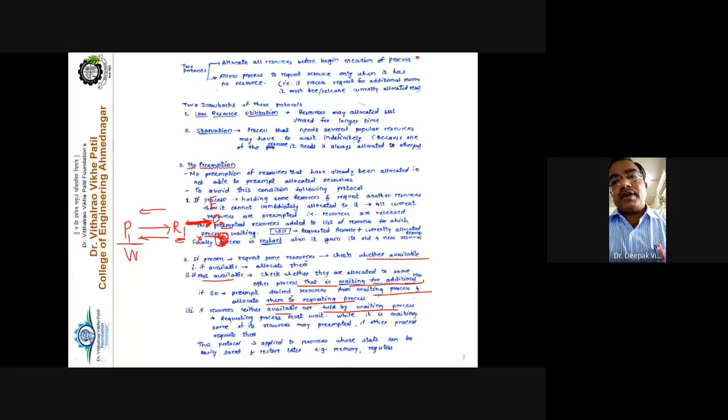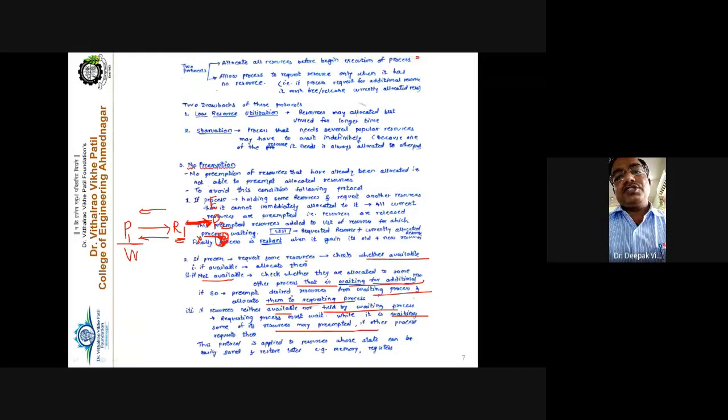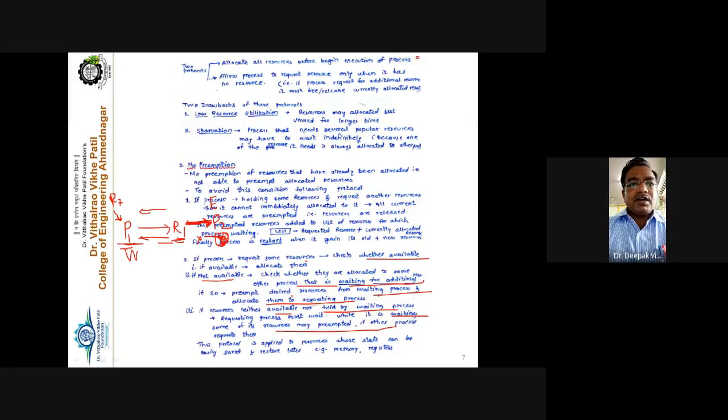So what we have to do here, while it is waiting, some of its resources may be preempted if another process requests them. So it may happen that the P1 process has already held, say for example, resource R7. It is already held by that particular process. Here you are not allocating resource R1 to P1 because P2 is currently in a running state. So process P1 is demanding the resource R1, but R1 is allocated to process P2 that is currently in a running state or an execution state. So that's why P1 has to wait.